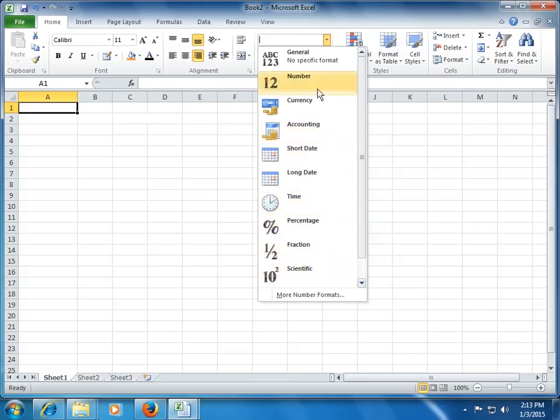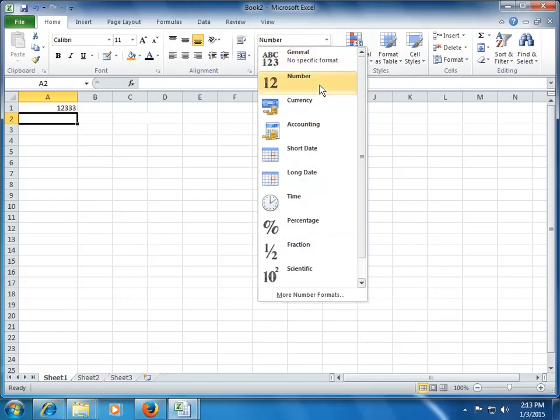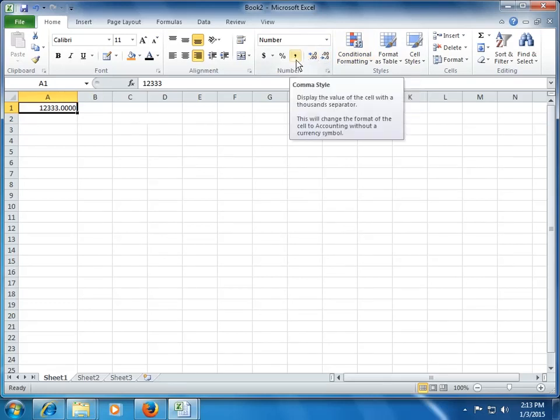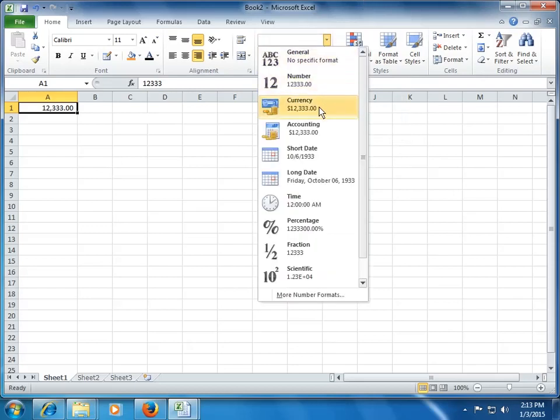Let's review some of this for our understanding. Let's say I write a number, so by default Excel takes a general format. If I choose number format, you can see that Excel has added 2 decimals to it. Again, I can reduce the decimal or increase the decimal by using these 2 buttons below, right? This comma which you are seeing here helps as a 1000 separator, right? So if I want to add a 1000 separator to my data, I can click on this button. Clear?